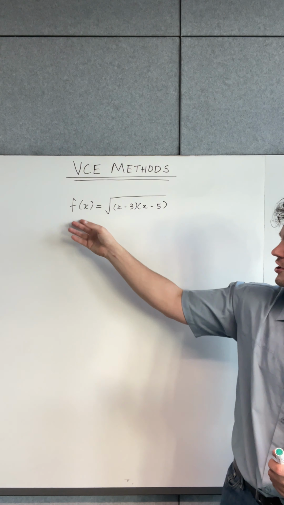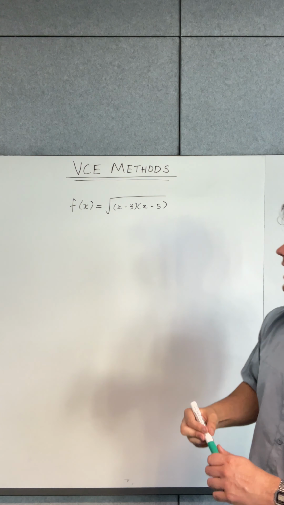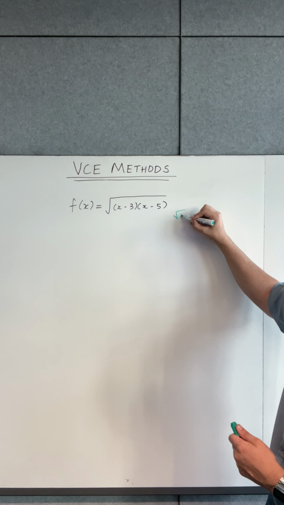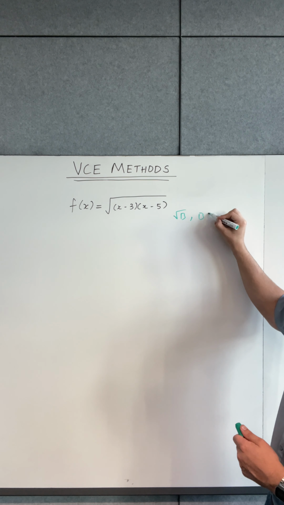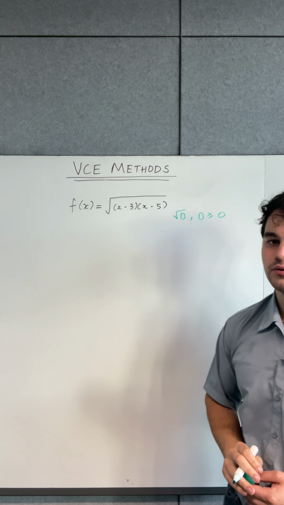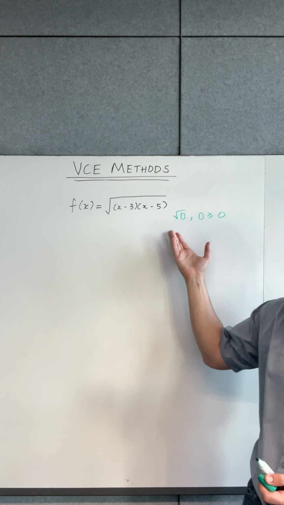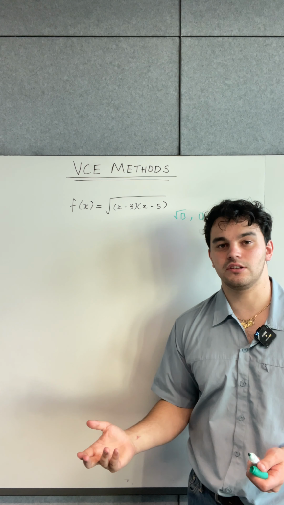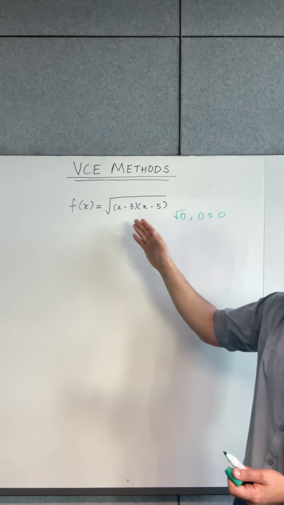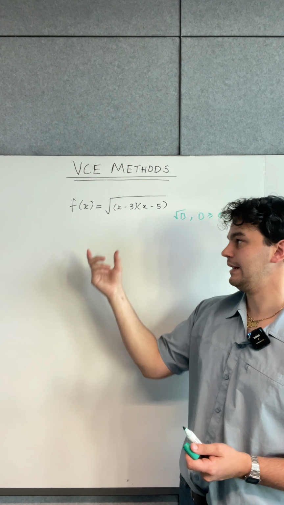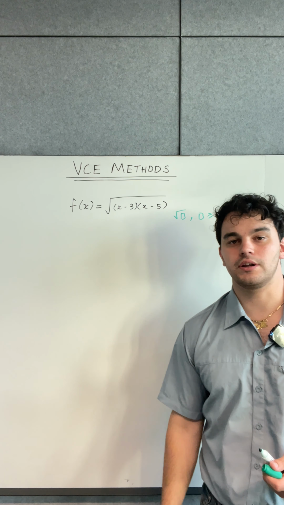What we have to do is think about how a square root affects our domains, or affects how we can actually evaluate numbers. And what we have to recall is that if we have the square root of any number, that number should be greater than or equal to 0. That's implying that if you have the square root of a negative number, it actually doesn't exist. And the square rooting of a negative number is actually the reason why an implied domain occurs for